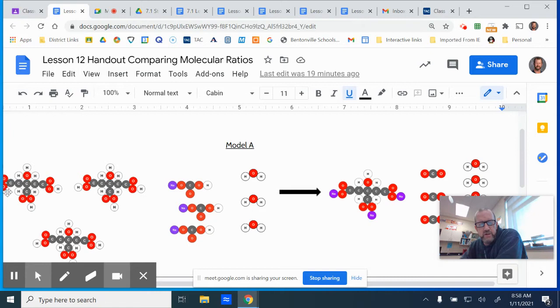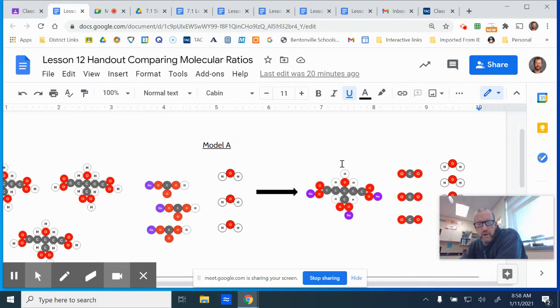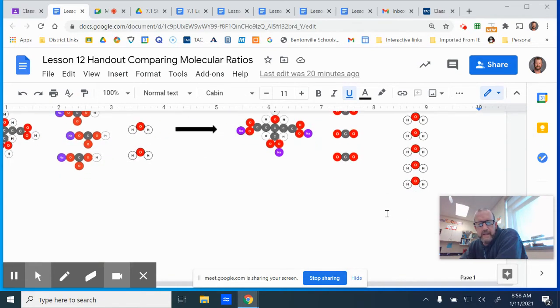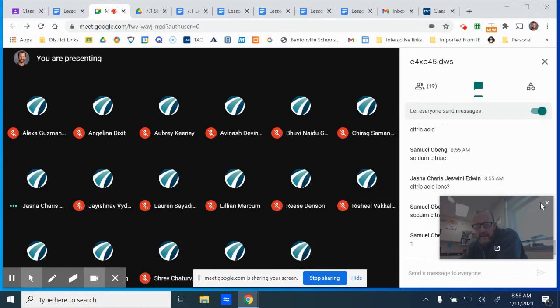So you're going to have to individually count each atom on the left side and the right side of the yield sign. That's what this arrow is called. In a chemical reaction formula, my reactants are on the left, yield my products on the right. So go through, count them up on A and count them up on B, and tell me in chat which is the correct model. You have access to this diagram in the